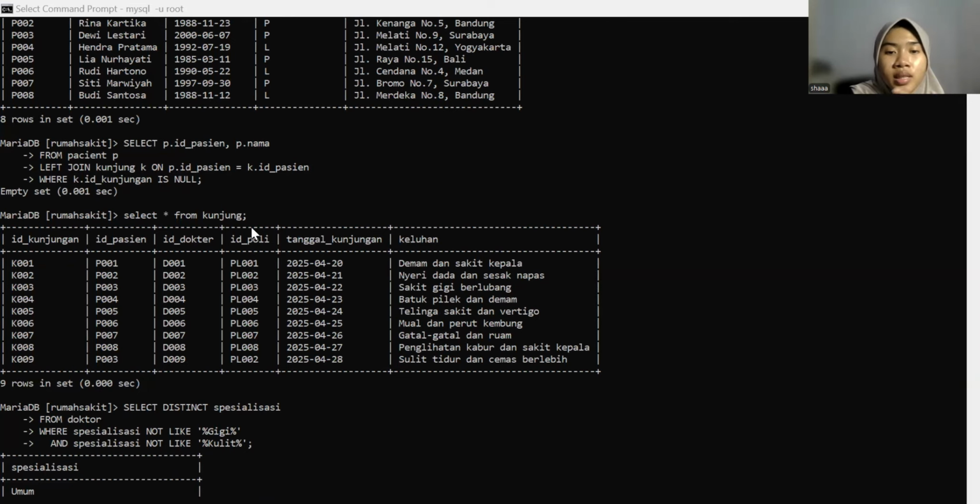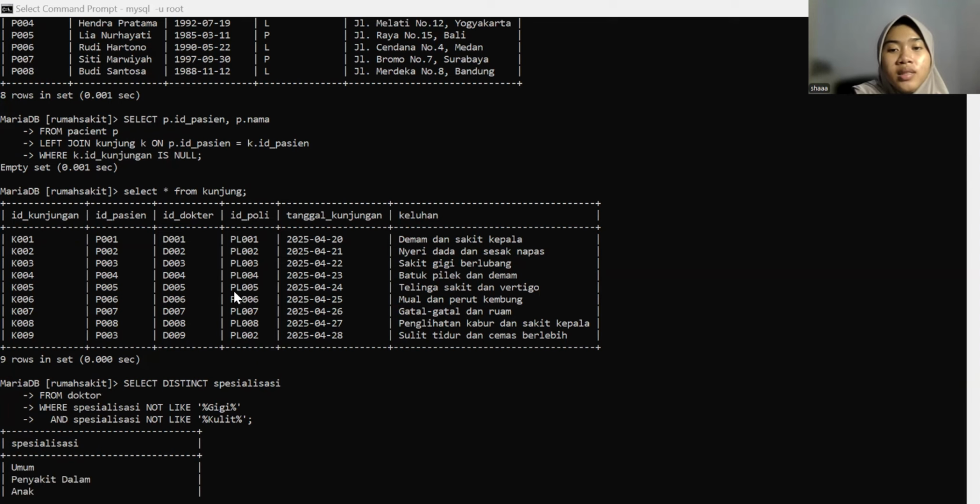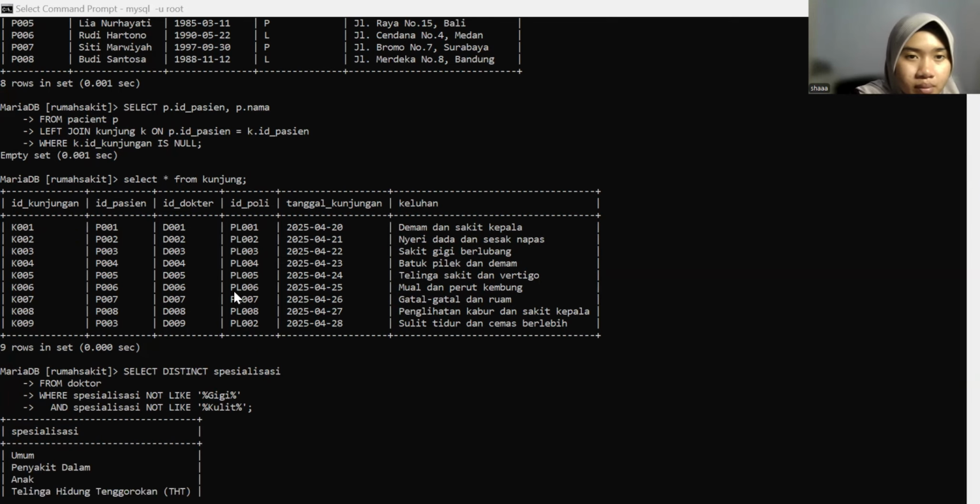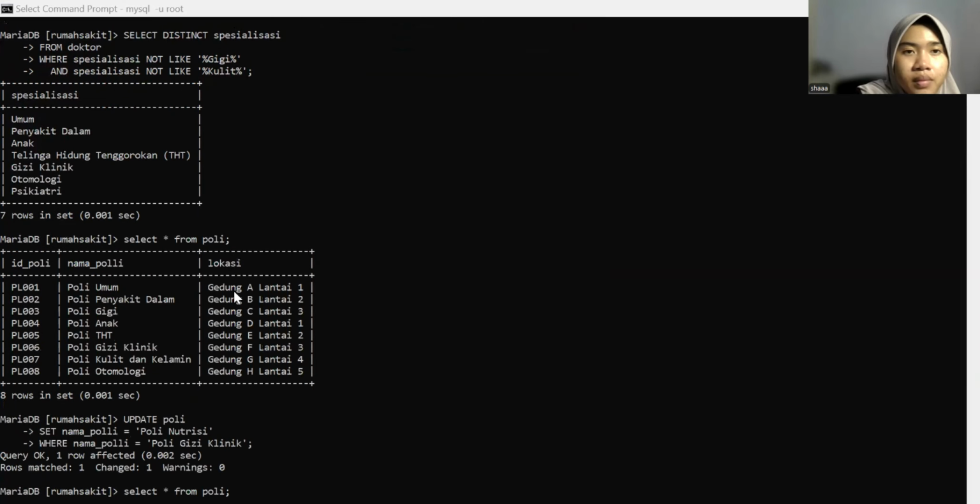The next question is: show the doctor specialists that don't contain the word teeth or skin. We use the following query for this. This query is used to show a list of doctor specialists, but only the ones that have nothing to do with teeth or skin. In the where part, we use not like teeth to filter out specialists that contain the word teeth, and not like skin for those with the word skin.